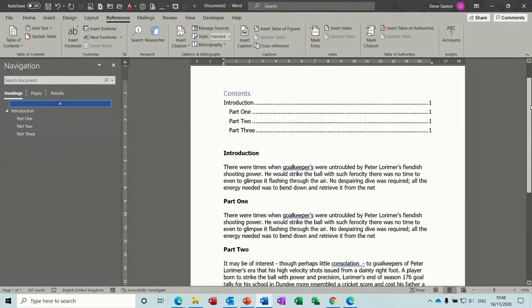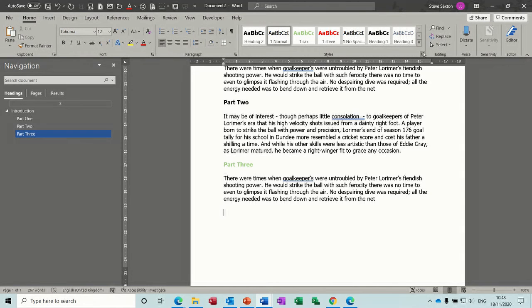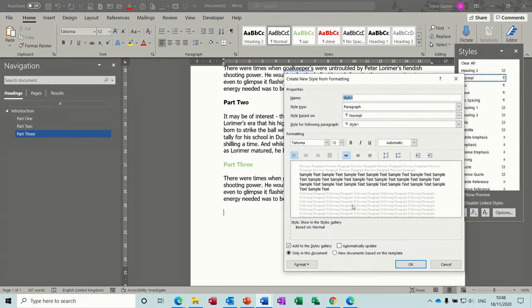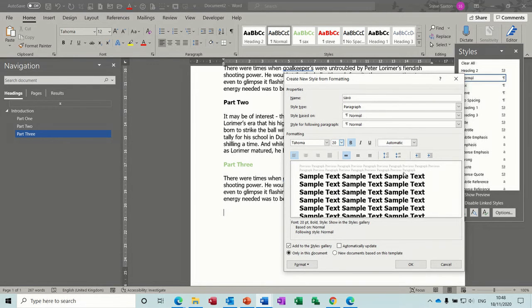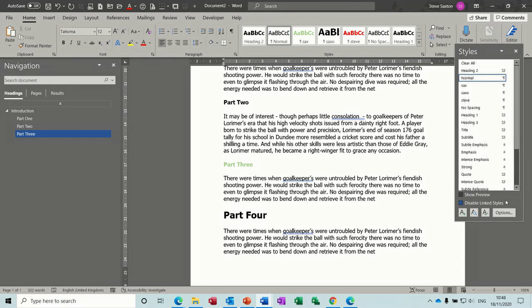So if you don't base it on a heading style, it doesn't pick it up. So if I try and show you that, if I do another new style, call it Saxo, leave it on normal, and the paragraph will be normal. But I'll change the size and everything so it stands out. Okay. Come back to normal, can do my little paragraph, and close this down,